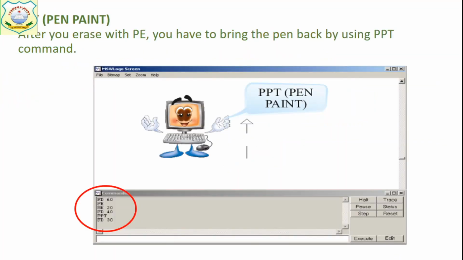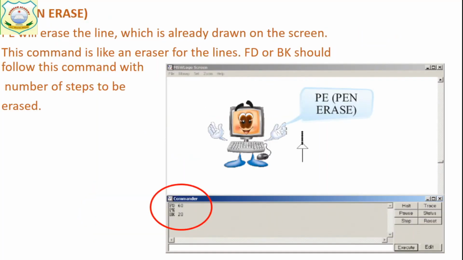Now again, अब पेन हमारा इरेजर बन गया, तो again we want to come back as a normal pen, then we use PPT. PPT will make it to the normal position. Okay, make it normal.